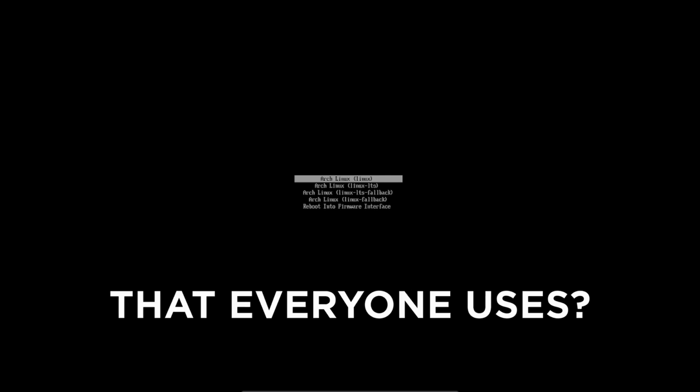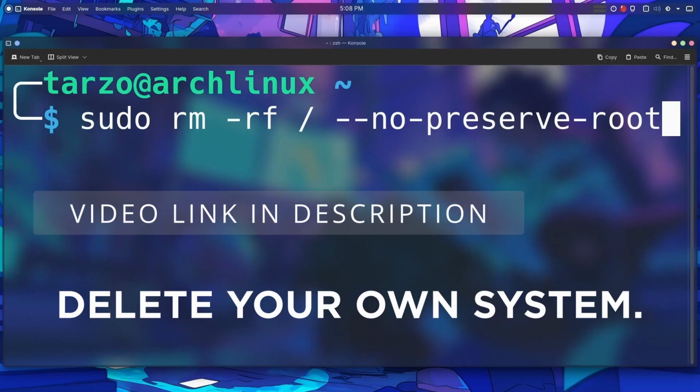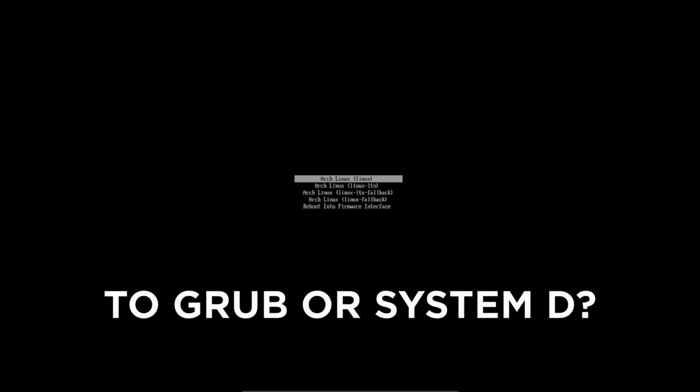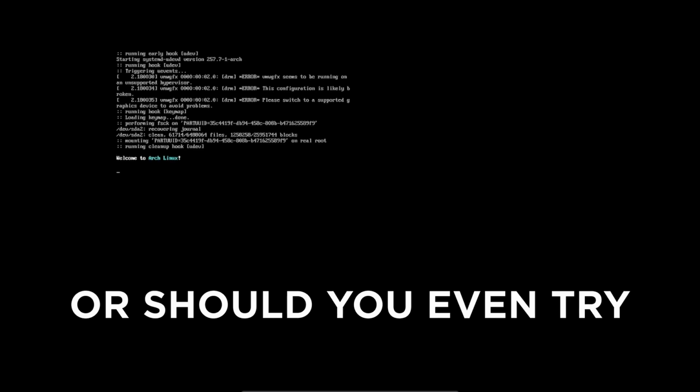But here's the thing, we're using Linux. Why the heck would we stick to something that everyone uses? This is a distribution that lets you experiment with everything. It's a distribution that can literally let you delete your own system. Like, why would we stick to just one thing? Let's see what the other options are, how they compare to GRUB or systemd, and are they any better for you, or should you even consider